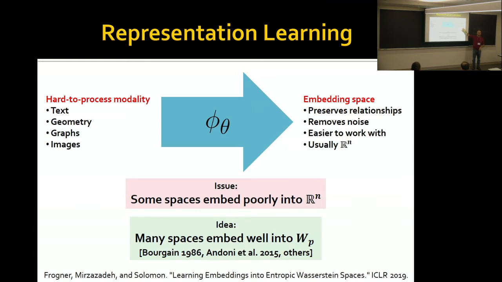In fact, there are a lot of drawbacks. There's a lot of theorems that say that certain spaces embed very poorly into Euclidean space, no matter how big it is. And so in this work, what we proposed was to use as a target for your representation learning problem, Wasserstein space in optimal transport, which specifically is just the space of clouds of points in Rn equipped with that particular metric. And of course, this is a fuzzy problem, right?